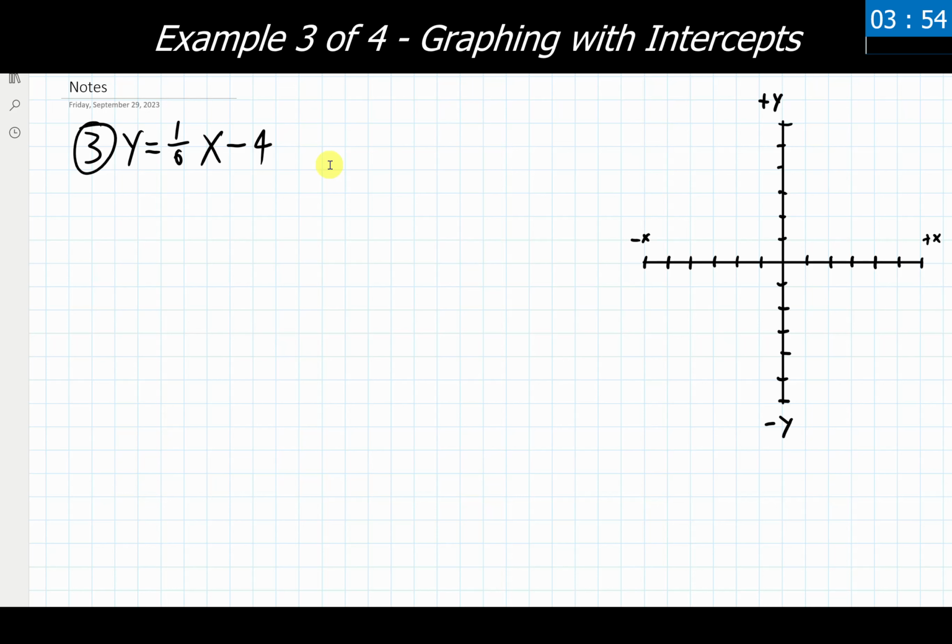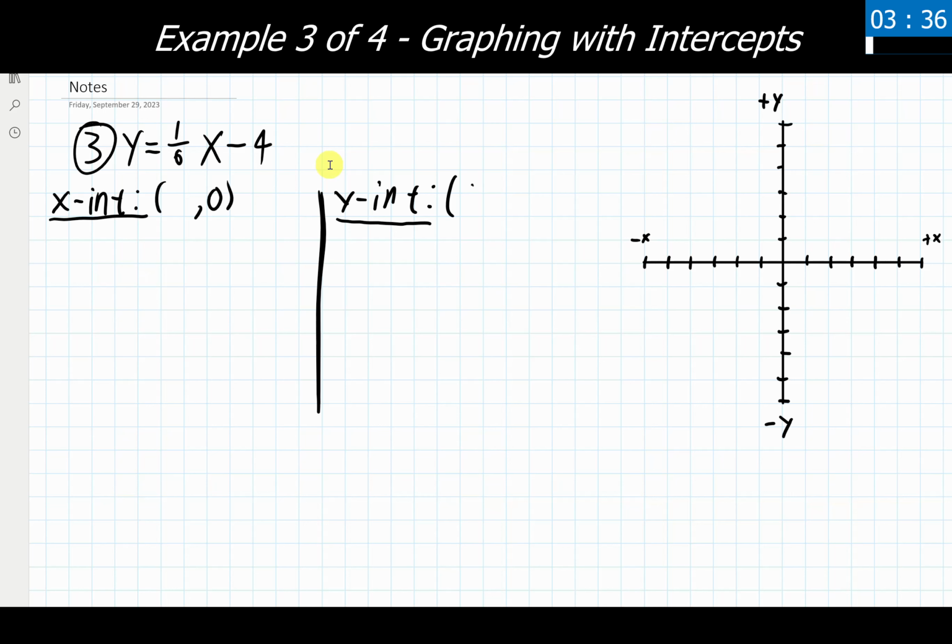Looking at our third example, we are once again going to do a lot of the exact same stuff that we did with our previous problems. We're setting up space for our x-intercept and setting up space for our y-intercept, and then we are going to solve for each of those. We'll see what we get coming out of this and then determine if we need to find another point afterwards. If we've got our setup, let's plug in some zeros and find some missing values.